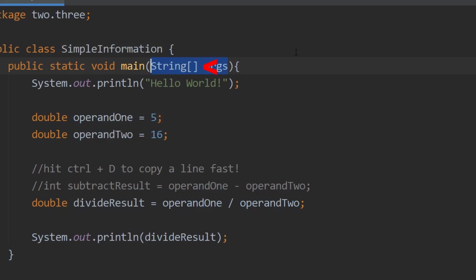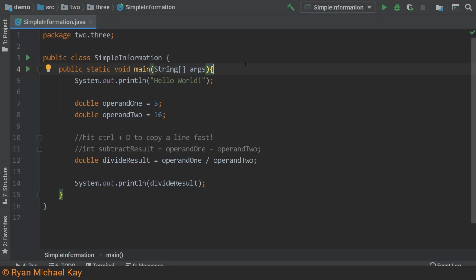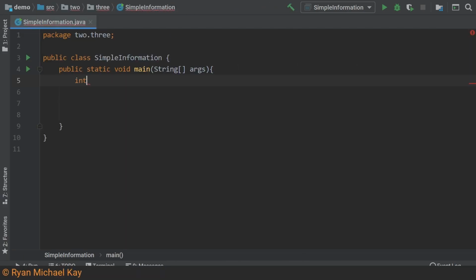Also notice that main accepts what looks like a string type, but there are some square brackets beside it. These square brackets can follow any primitive or reference type, and they indicate an array structure. Let us create an array to learn more about how they work. Great, now we are going to make the element at index 1 equal to 2. Alright, now here is a trick question. Did I just set the first element in this array equal to 2?